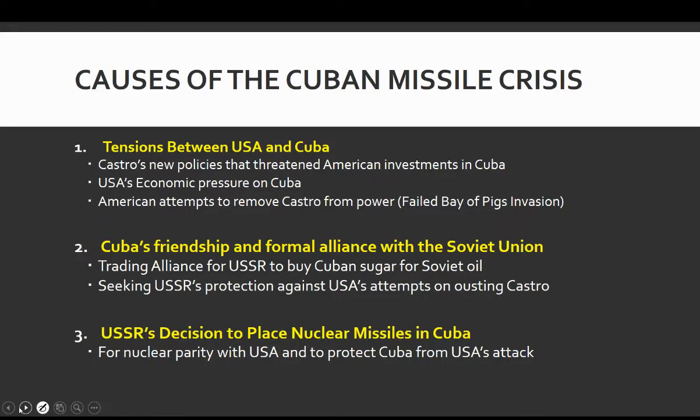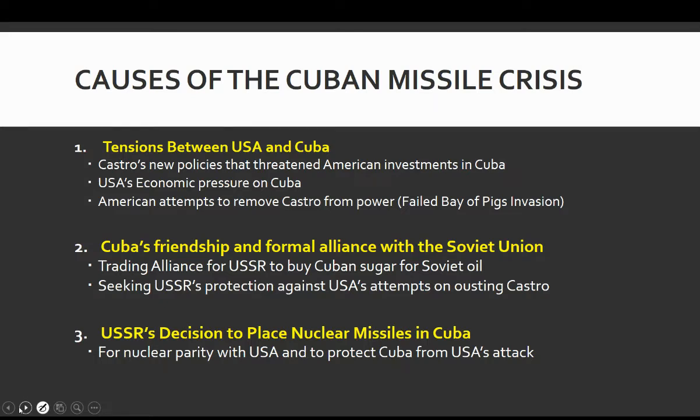In summary, you would have learned the three big factors that caused the Cuban Missile Crisis. Firstly, the tensions between USA and Cuba that greatly strained their relationship. This was mostly because of Castro's new policies that threatened American investment in the tobacco and sugar industry, the economic pressure that USA then placed on Cuba to ensure that it continued to have interests, making Cuba look elsewhere for